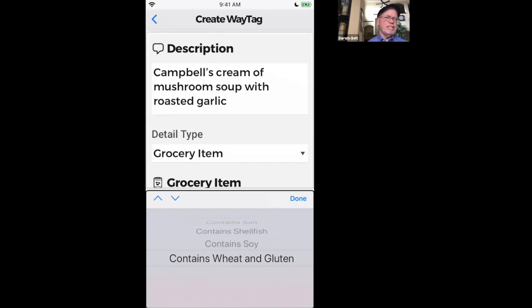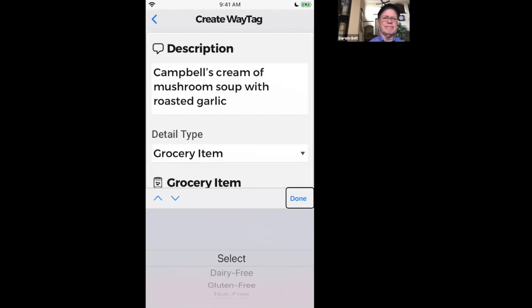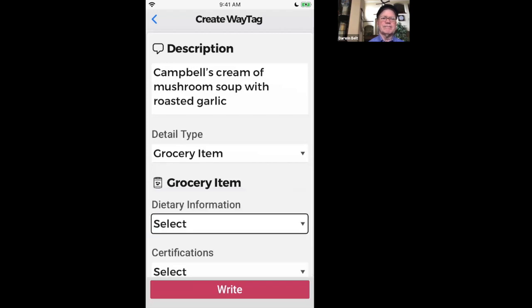Okay, so you may already know this information, and if you do, you can go ahead and select it. But if you don't know it, you can just leave it blank or enter something in there for the interim time. I would really suggest leaving it for select if you do not know what it is. So Jessica, let's go back up and select the select to keep it blank for right now. Done. Dietary information. Select. Pop-up button. Okay, go to the next one,